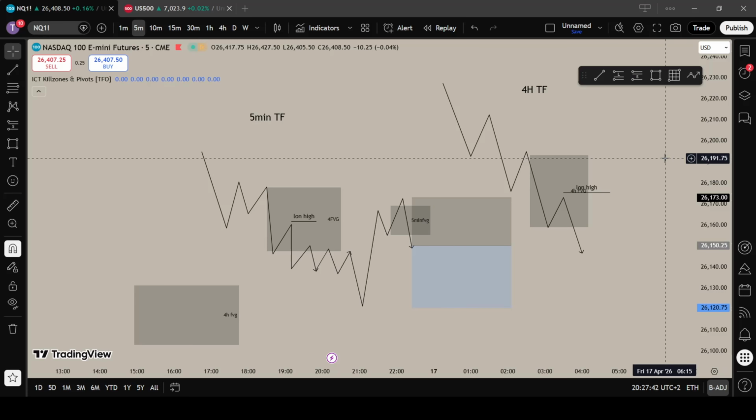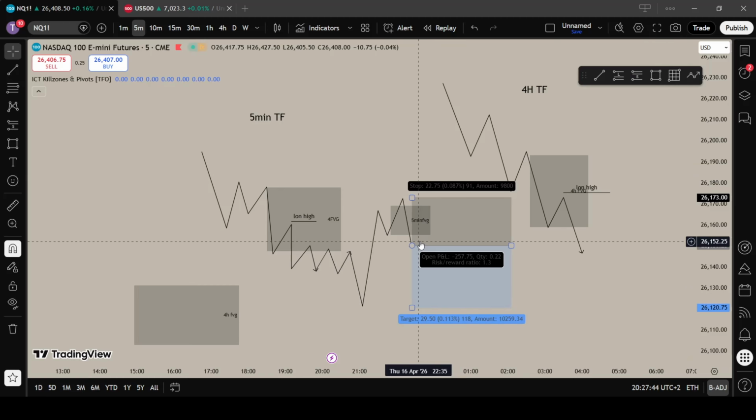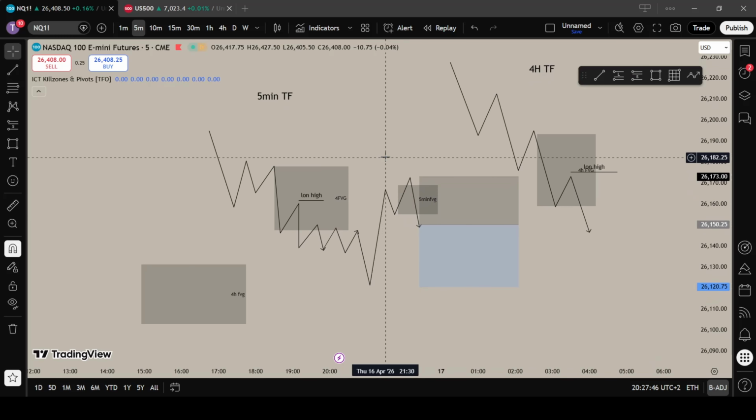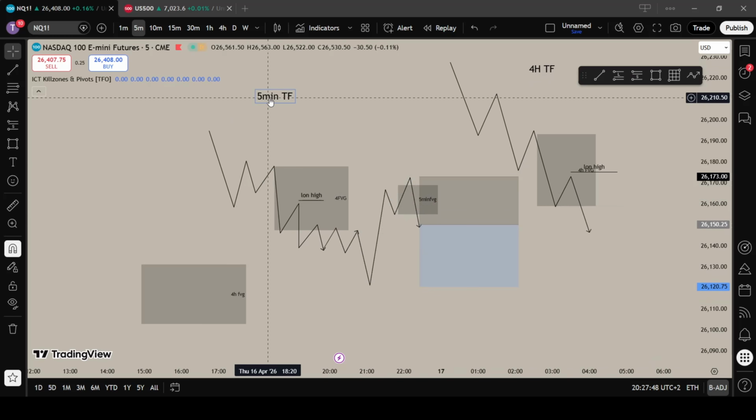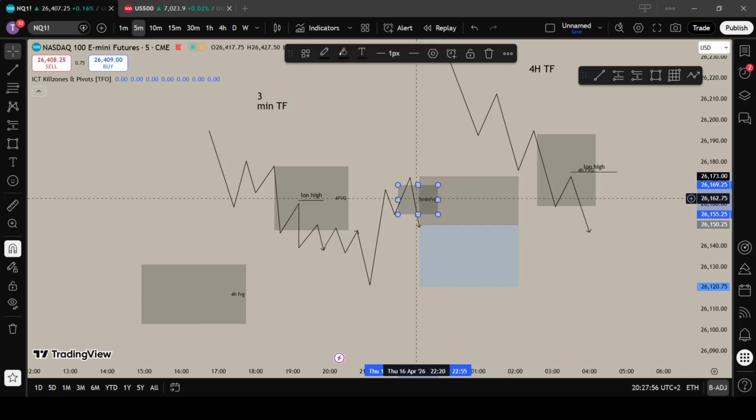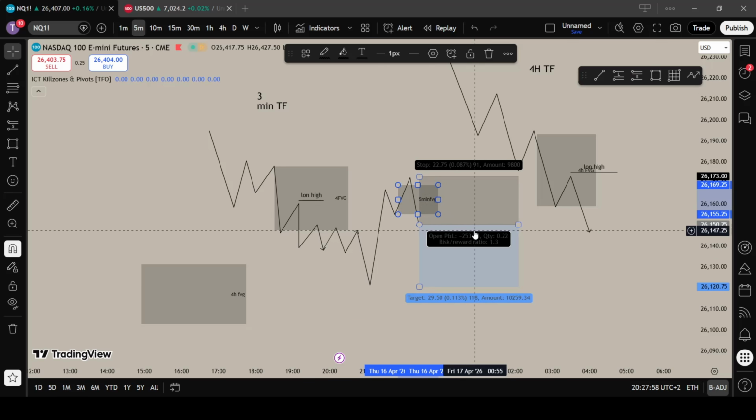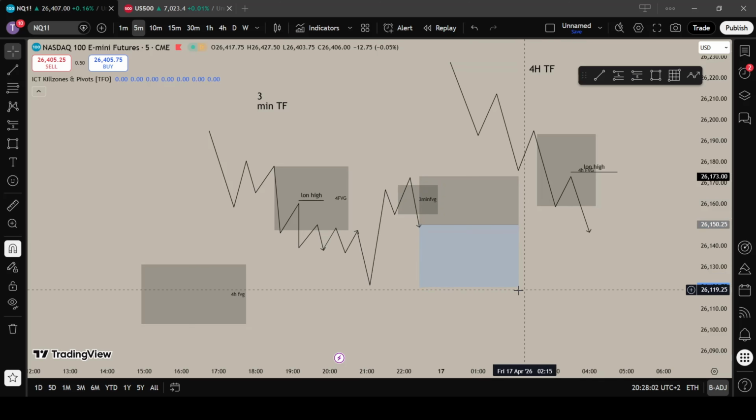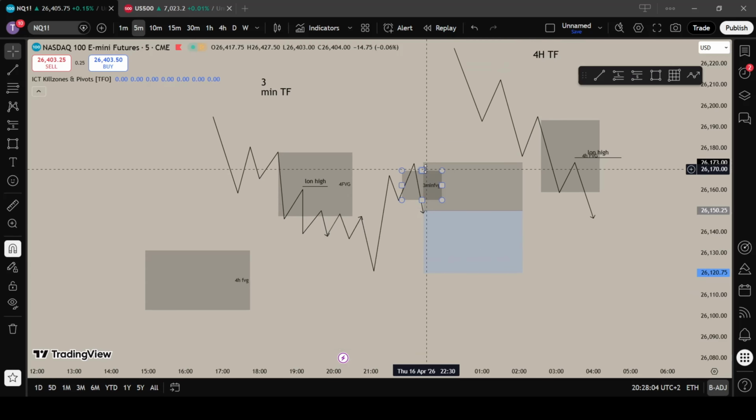So, this also works on a lower time frame. If for example we don't have a 5-minute fair value gap, or let's say the highest time frame version was 3-minute, we wait for a 3-minute gap to get inversed, and it is the same for that also. 3-minute is the highest time frame version fair value gap, and we wait for the price to inverse that, and then we